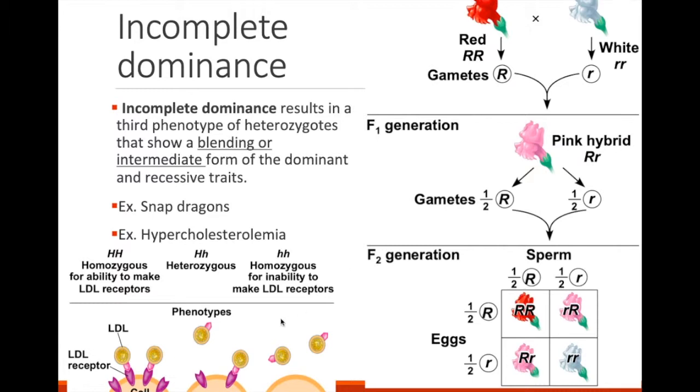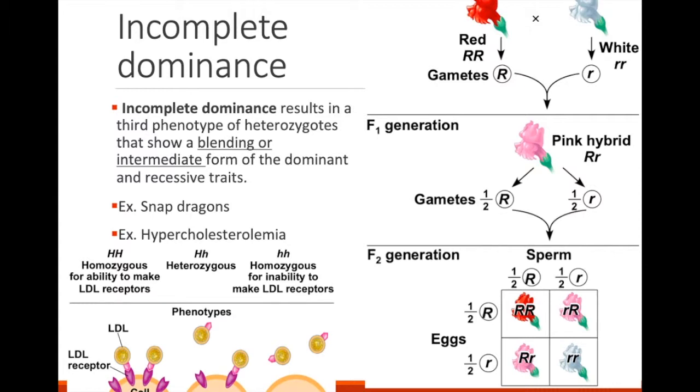Another example of incomplete dominance is hypercholesteremia in humans. A normal cell on the left is dominant, which has many receptors for LDL cholesterols that helps remove cholesterol from your blood. A recessive individual, completely recessive, little h, has no receptors and has the inability to take cholesterol into the cell, which means that they end up with high levels of cholesterol in the blood, which causes severe damage